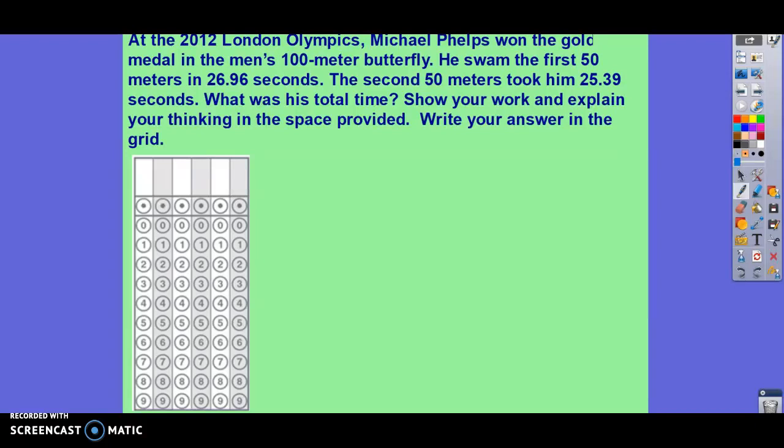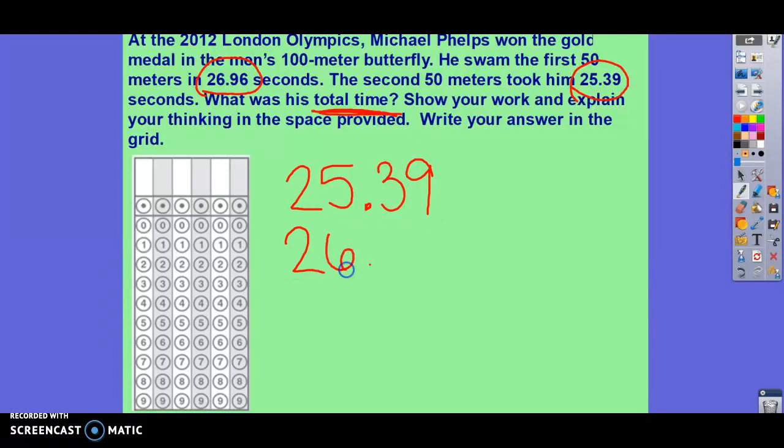Well, when we look for our key values, we're going to have 26 and 96 hundredths, 25 and 39 hundredths, and it's asking us the question, looking always for the question mark, what was his total time? We have to show our work and explain our thinking. We're writing our answer at the end in the grid. So we're going to start by showing our work, adding 25 and 39 hundredths to 26 and 96 hundredths,